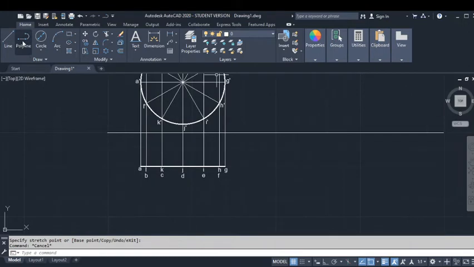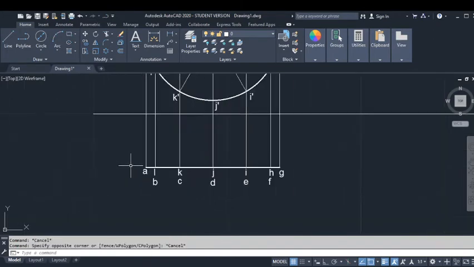Now I'm going to copy this top view projection onto a different location. Then I'm going to turn it into the angle required. So I'm going to select this. If I select it in this manner, I'm going to get only this part of the line selected. On the contrary, if I select it in the reverse direction, I'm going to get selected the lines which I have already drawn.